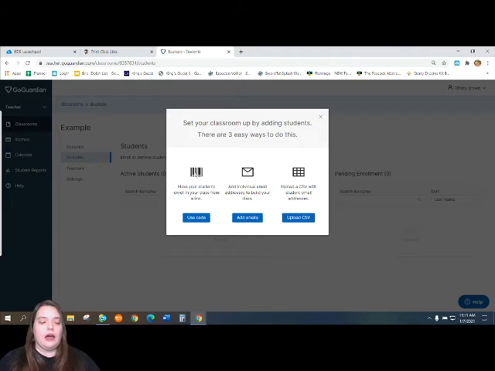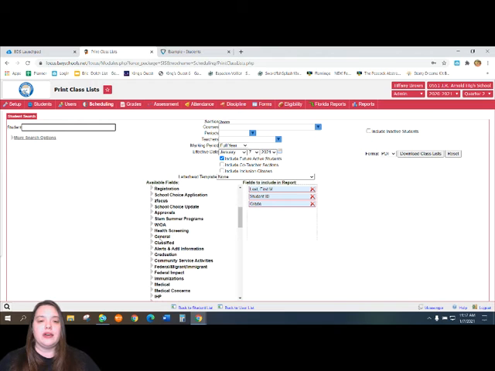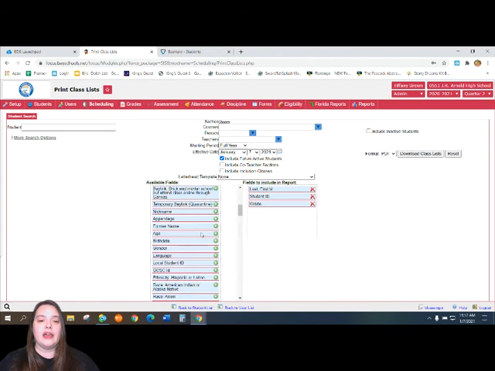You can add individual kids. That is especially easy for when you have a new kid, or you can upload a CSV. So what that means, you can actually get that from Focus. Now, I went ahead and went straight to this screen because, again, mine looks different because I have admin rights. But where you go usually to add your class list, you would go to first period, second period. You don't really even have to put in the first and last name. The biggest thing is to come down here to General, scroll down,